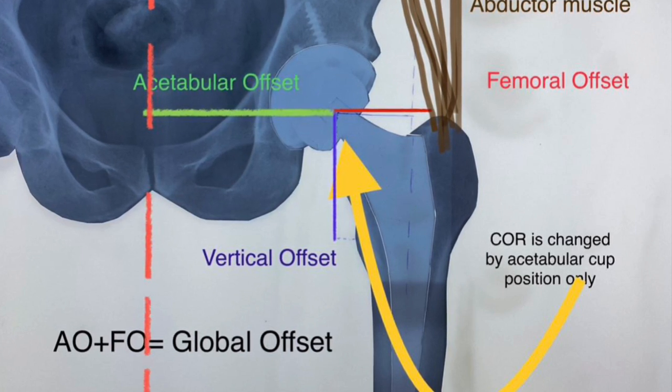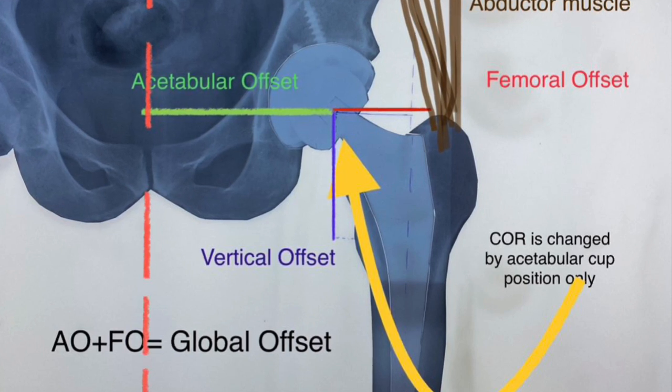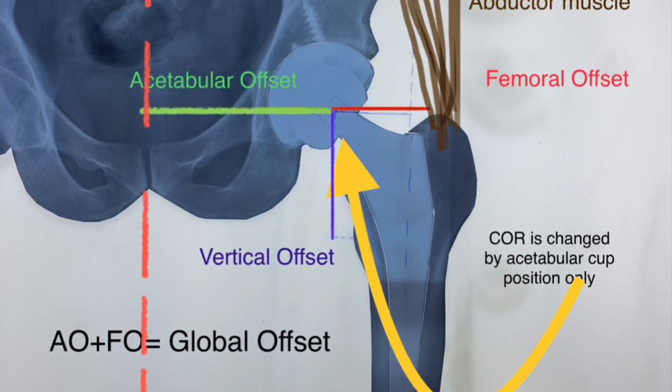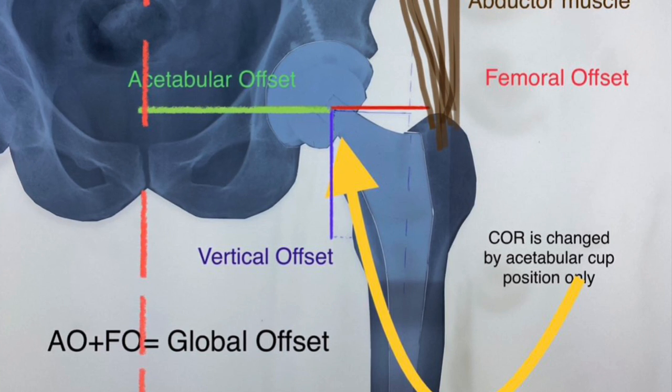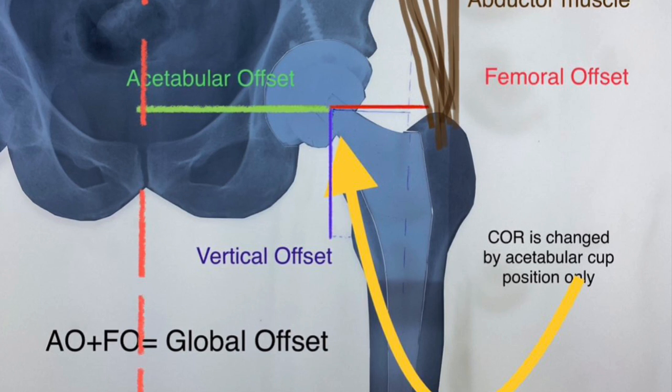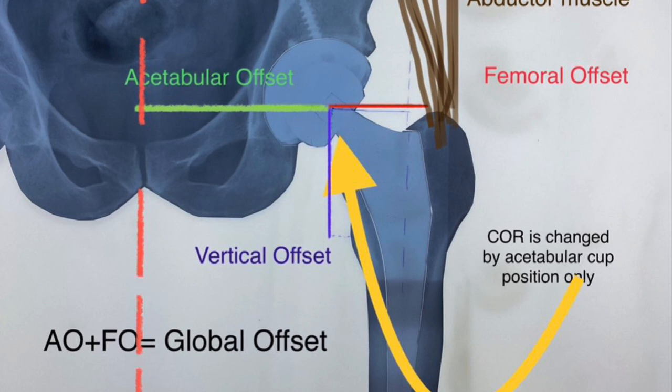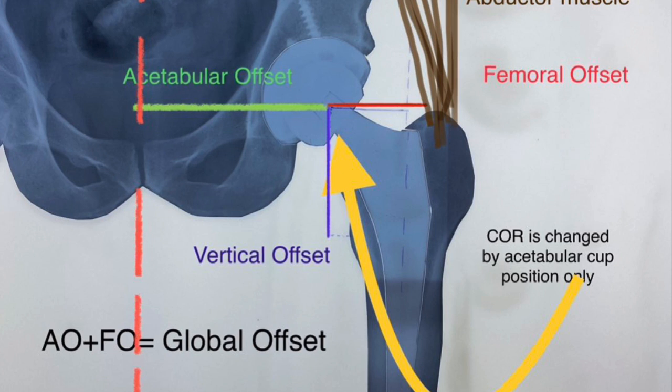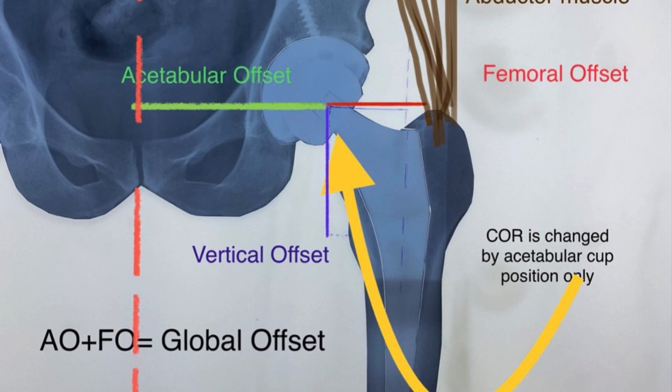How do you define the position of the cup? Where have you placed the cup? So because the center of rotation is the marker of the cup, you define this position in relation to a fixed landmark, be it a lateral aspect of the teardrop or the midline of the body. If you take the distance from the center of rotation to this fixed landmark, you come to know about the acetabular offset. Similarly, if you find the distance from the center of rotation to the shaft axis, the longitudinal axis of the femoral shaft, you come to know about the femoral offset.